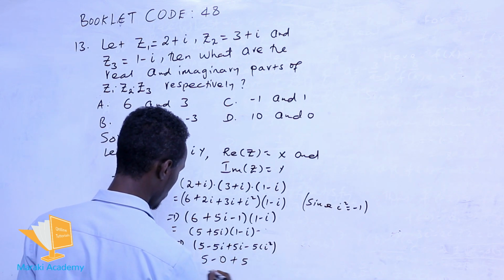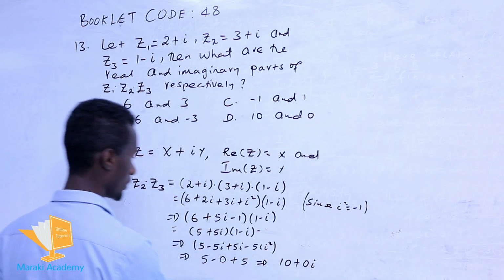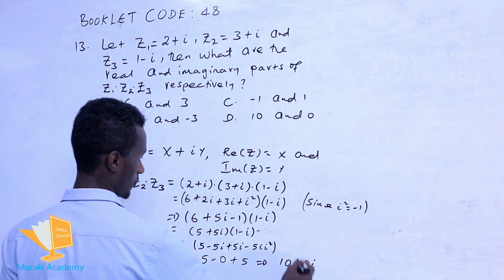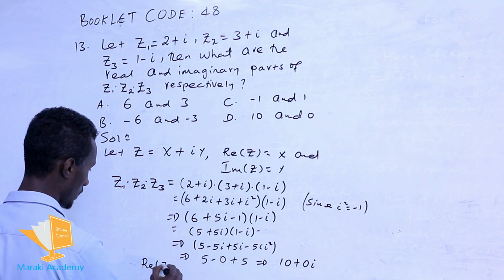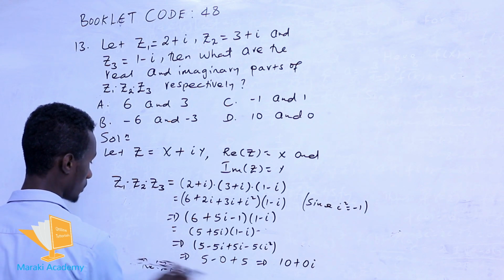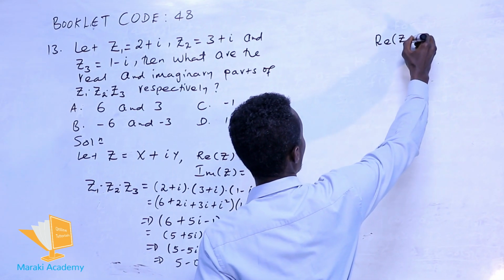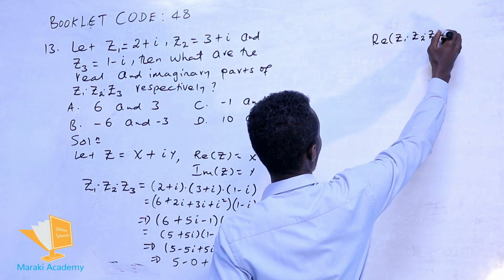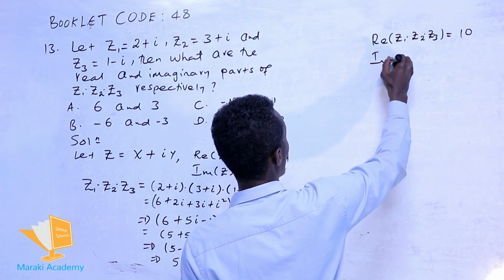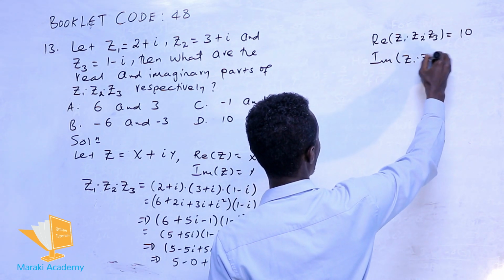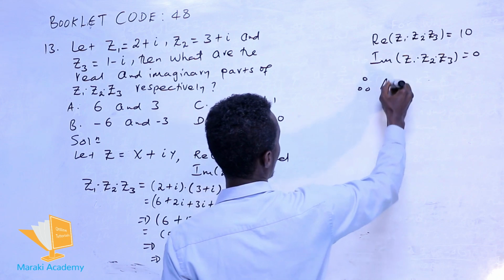Therefore this implies 10 plus 0i. So for this complex number, the real part of z1 times z2 times z3 is 10, and the imaginary part of z1 times z2 times z3 is 0. Therefore the answer is